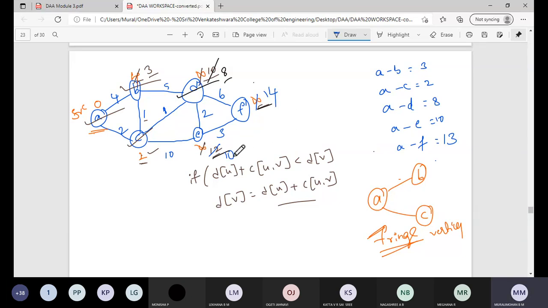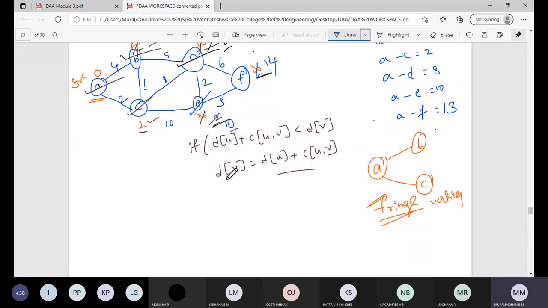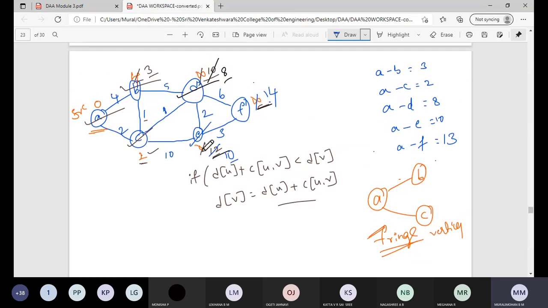Now we are having two vertices, that is E and F, with E is 10 and F is 14. Which is minimum? Minimum is 10. So we will select this vertex E, right? Now we have selected this. Now find out the fringe vertices of this E. Which are those we are having? D and F. So we cannot update the cost of this D because it is already selected. So we are left with only F.